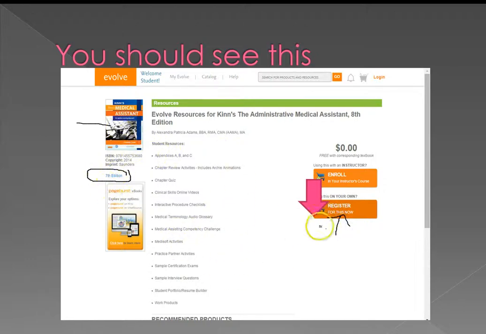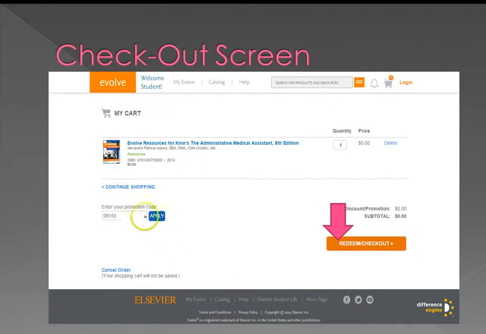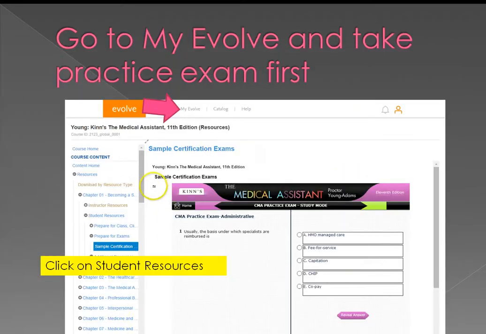Once you click on register for this, you'll be taken to another screen that looks like this, and it will always have this promotional code sitting in here because the products are free. And then you click redeem and check out. Once you do that,